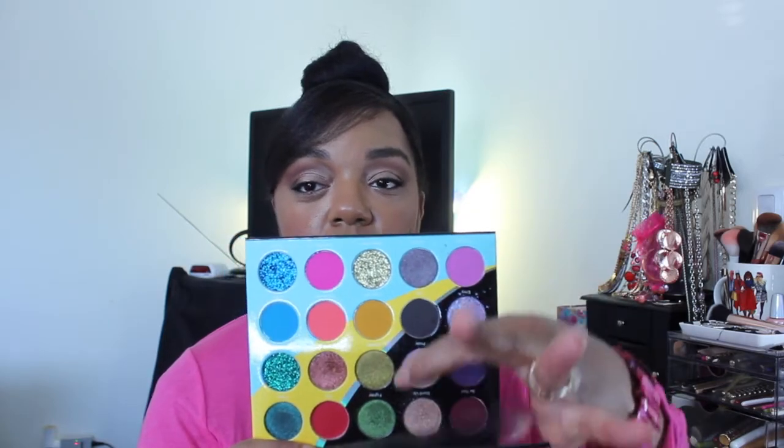But this purple row, this one right here, boom. This one right here, boom. I think this is a really, really pretty palette. Really. And my top palette in this ranking, that child,